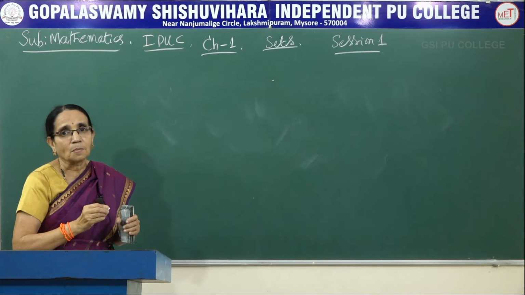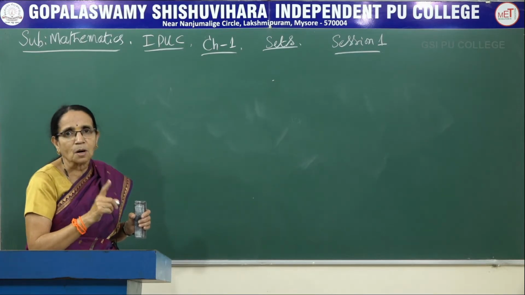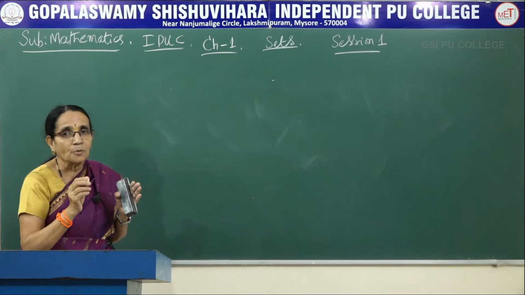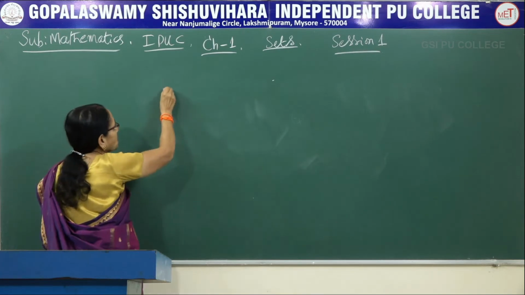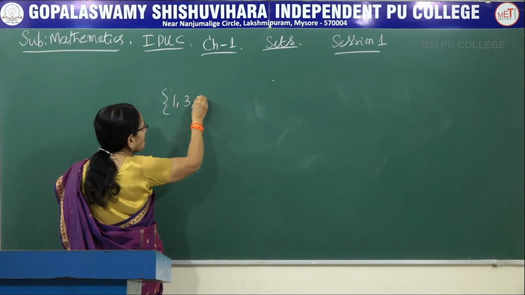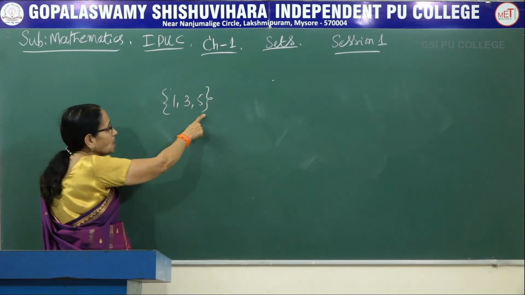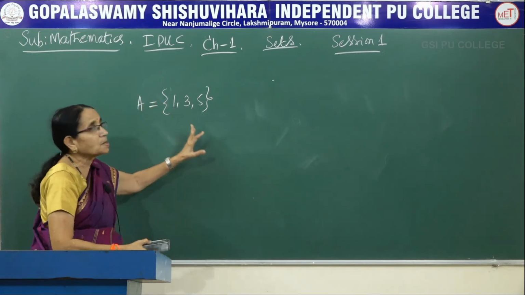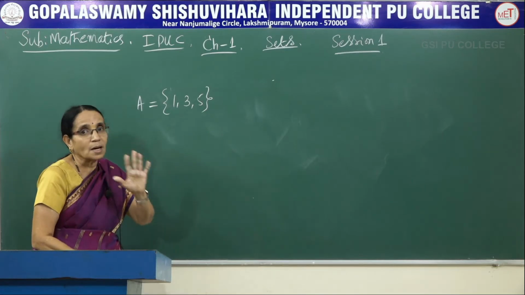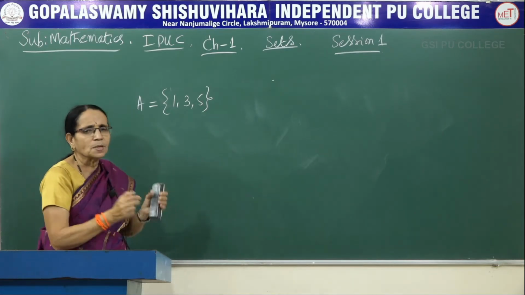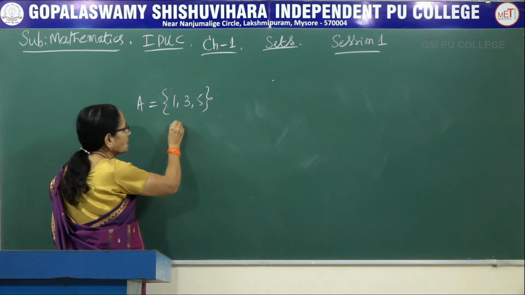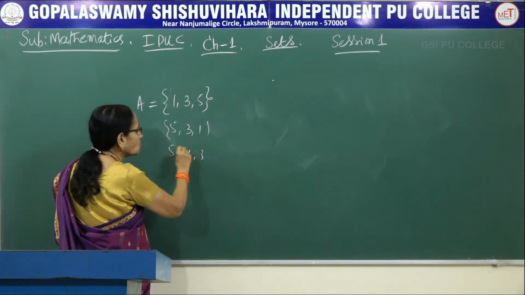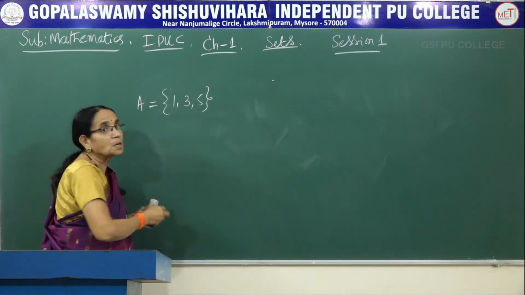Now the next thing is, this is only notation. How to write them? These elements or members or objects of a set should always be enclosed in a pair of flower brackets, like this. The set containing the numbers 1, 3, 5. Flower bracket means we write like this. So, set A is equal to {1, 3, 5}. Here, order is not important because it is only a collection. If I write it like this, 5, 3, 1, or 5, 1, 3, or 1, 5, 3, it doesn't make any difference at all.